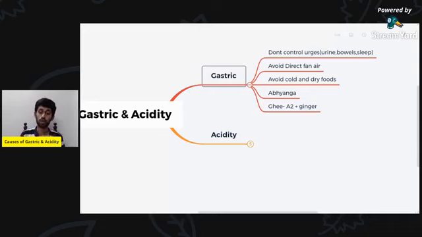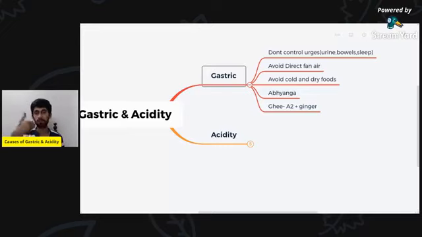right? So whenever you eat sticky foods like ghee, you can take A2 ghee with a little bit of ginger. Yes, during your food itself, you can take ghee with ginger. Okay, this will help you make the gas dissolve or make the gas go out. And any of these two will help you do it.